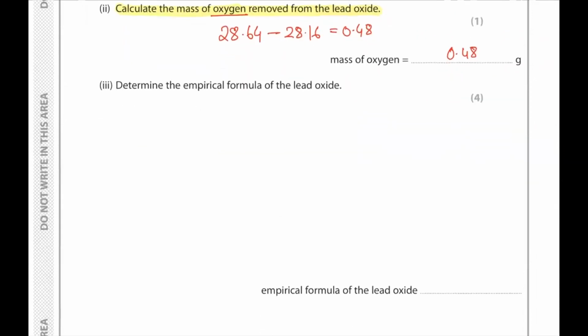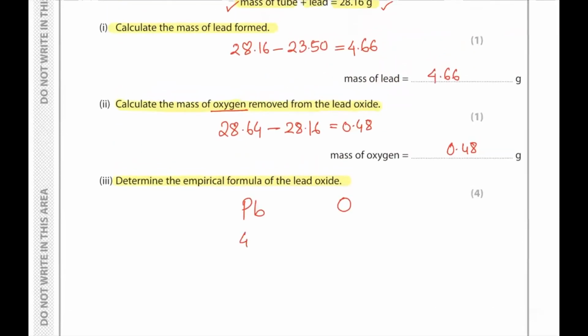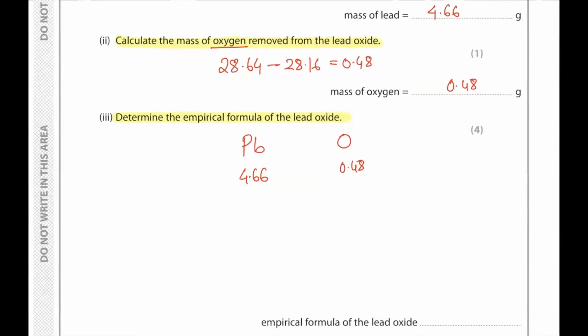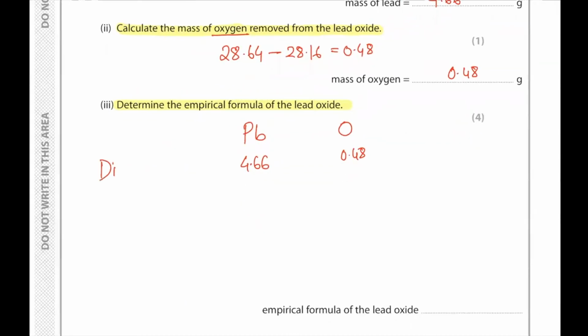Determine the empirical formula of the lead oxide. Okay, very good. So in order to do the empirical formula, first of all, we must write lead and oxygen. The mass of lead is 4.66. The mass of oxygen is 0.48. Then what we need to do is divide the mass by Ar. So lead has a mass of 207 and oxygen has a mass of 16. So this gives us 0.0225 and gives us